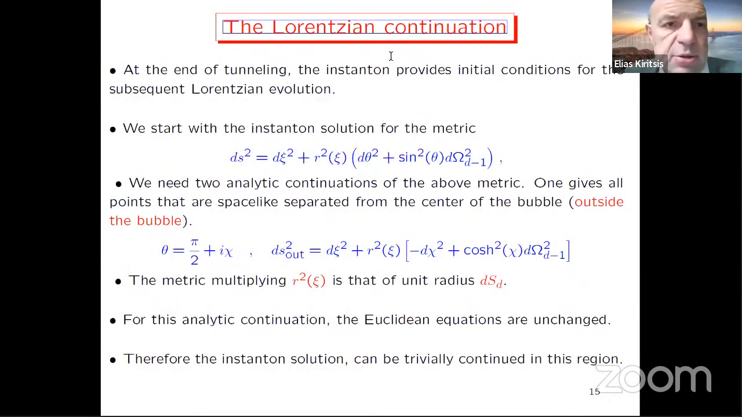Let me now come to the Lorentzian continuation. After the tunneling happens, the instanton provides initial conditions for the subsequent Lorentzian evolution. You start with the instanton solution. It's written again here, but now I parameterize the sphere in terms of the azimuthal angle theta. And we obtain the Minkowski continuation by doing two analytic continuations. One gets the interior of the bubble and the other the exterior. The exterior is obtained by taking theta to be pi over 2 plus i chi, that's standard, and then the sphere becomes de Sitter space, and therefore this is a space which is sliced by slices of de Sitter. In this case,